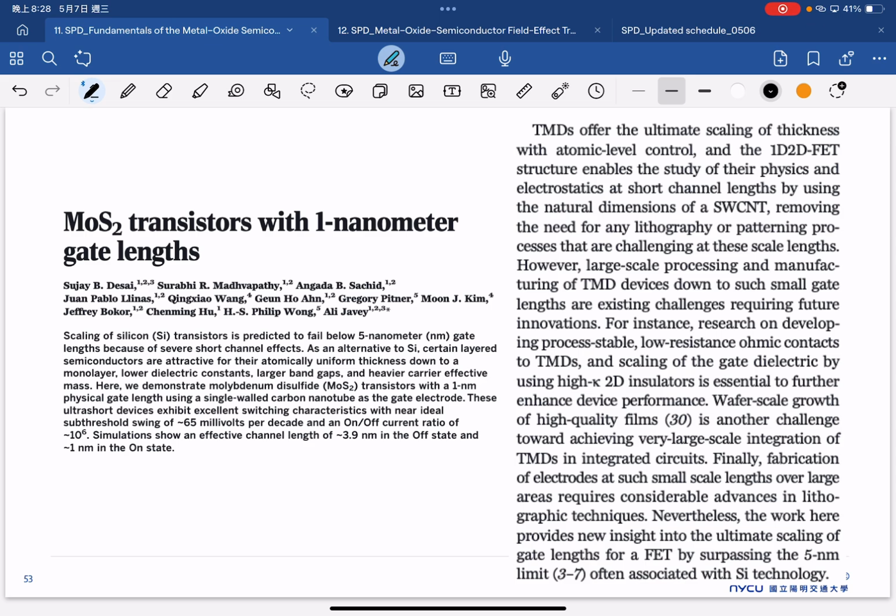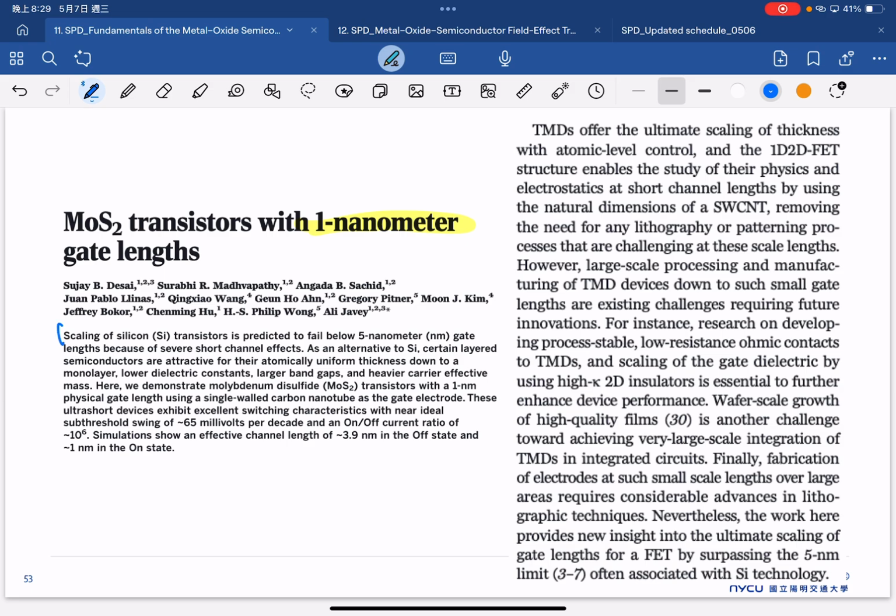So this is one example, a paper published in Nature, which uses a 2D material to fabricate a transistor with a 1 nanometer channel length. Again, this is a paper published in Nature, which is one of the most well-known journals in the scientific field. If you look at how this paper is organized, we can find that it is still the same, with general